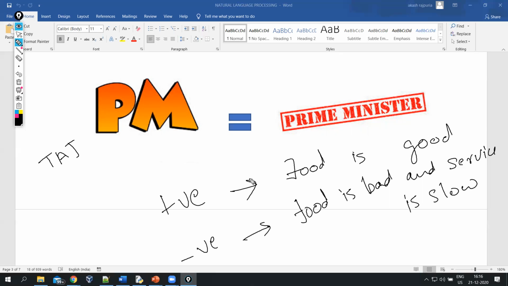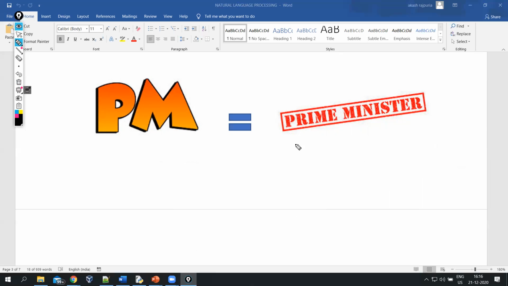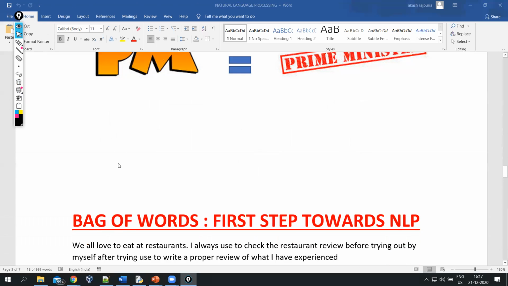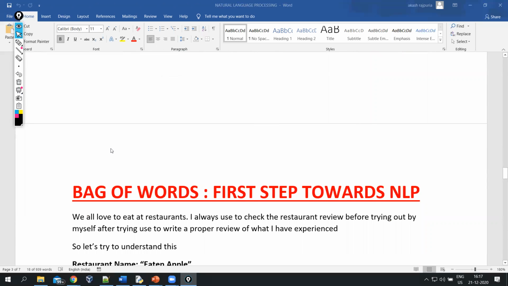But before going to that, what I mentioned is the bag of words model. A machine cannot understand text. In simple language, "food is good": whatever text you write, a machine cannot understand this. This is human readable but not machine readable. We need to convert this text into numbers. A machine only understands numbers. So for that we are using a bag of words model, which will convert this string or text into numbers. Simple as that. In short, I have given you a definition of why we are using the bag of words model. This is the first step towards NLP. Is this part clear to everyone up till now?